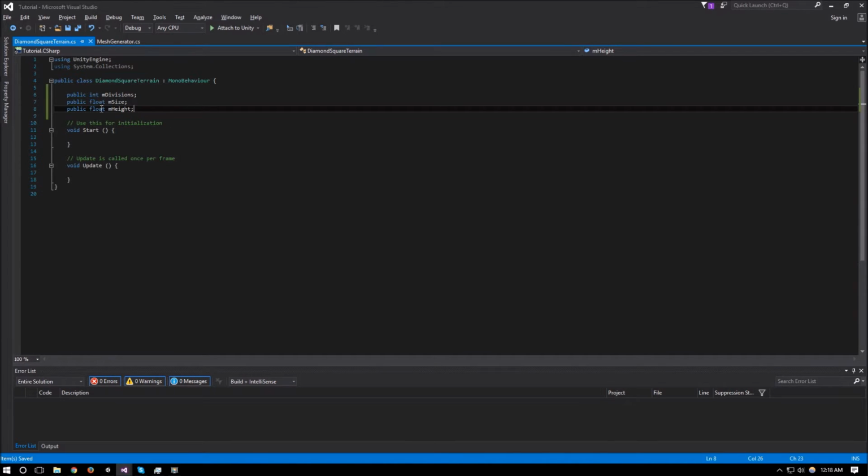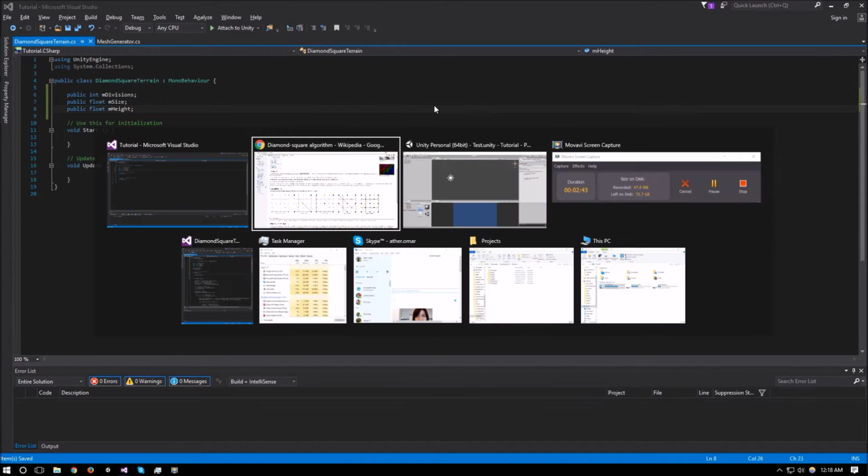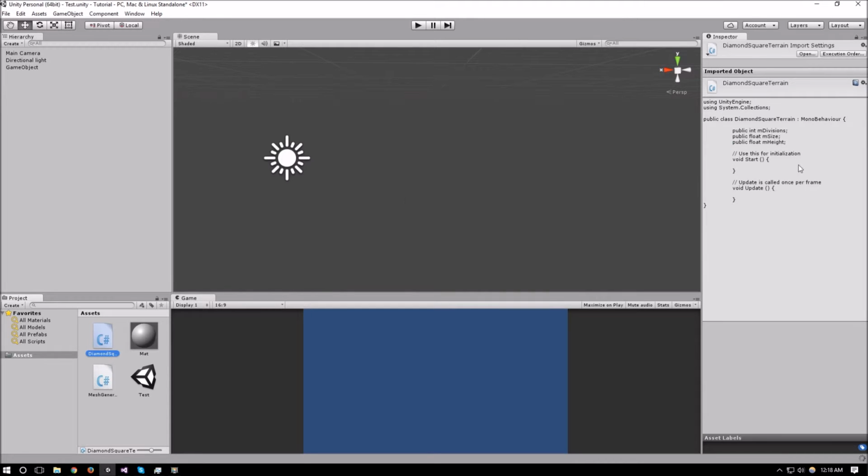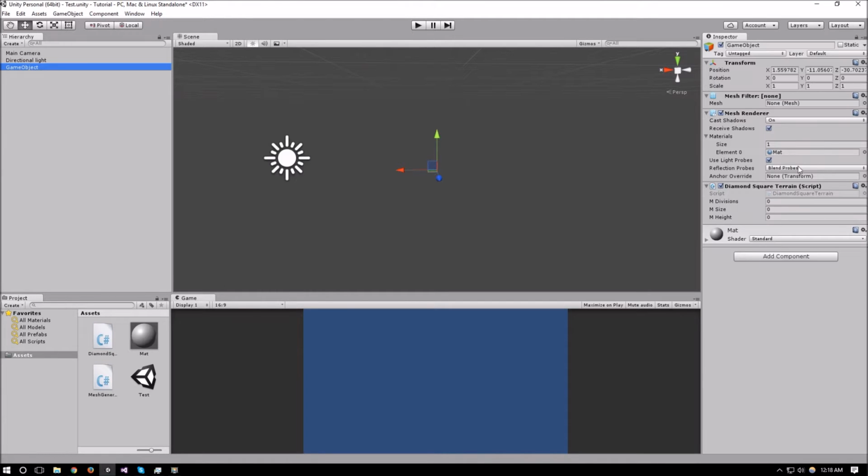Okay, so now that we have all our variables set, well, all the public ones at least, we can go back to Unity and we can assign some of these values. So for the divisions, let's just start with something very small. So let's start with 2. Let's have the size around 5, and let's set the height to 1, and that should be good enough for now. Let's go back to Visual Studio again,